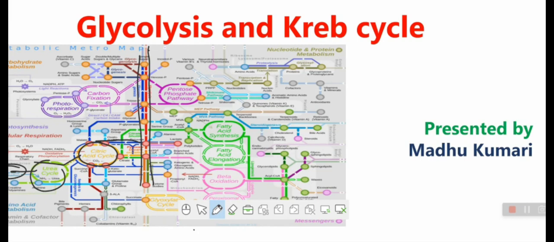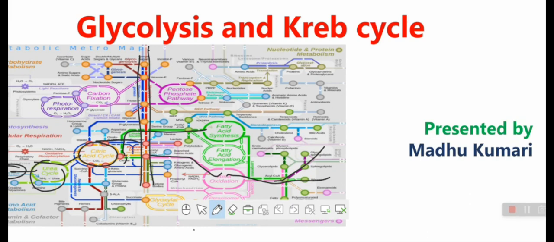Those subproducts are connected with another type of cycle, like fatty acid synthesis. See here, the citrate of the citric acid cycle is connected with the fatty acid synthesis, right? And here this is connected to beta oxidation, acetyl coenzyme A. Okay. And again, the subproduct of beta oxidation is connected with waxes, sphingolipid. So all the metabolic pathways that occur in our body or in other organisms are connected with each other,